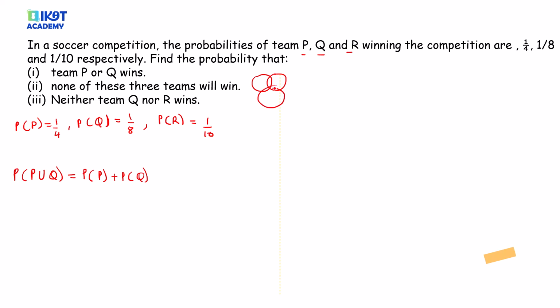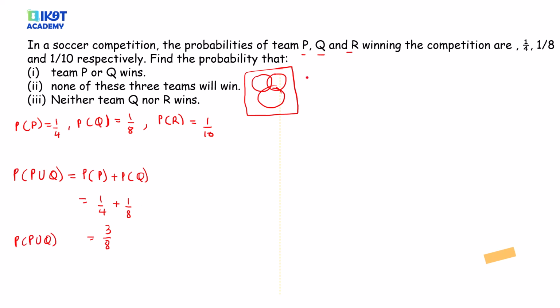However, someone who hasn't figured this out would have already drawn a Venn diagram. We have a video on a 3-Venn diagram, but that's a different concept. Someone would have started working it out that way, and the question would become really complicated. But now you see, this is actually simple because you just add: a quarter plus 1 out of 8 gives 3 out of 8. So that's the probability of P or Q winning.